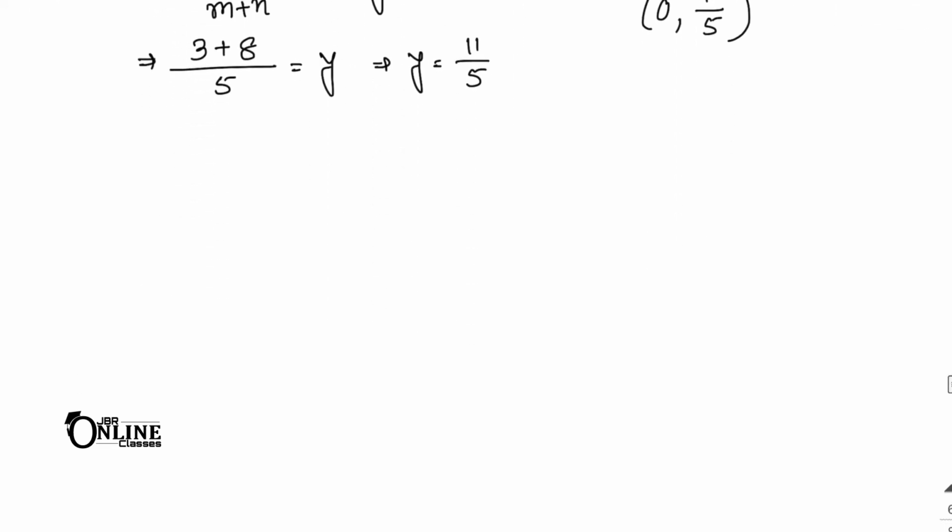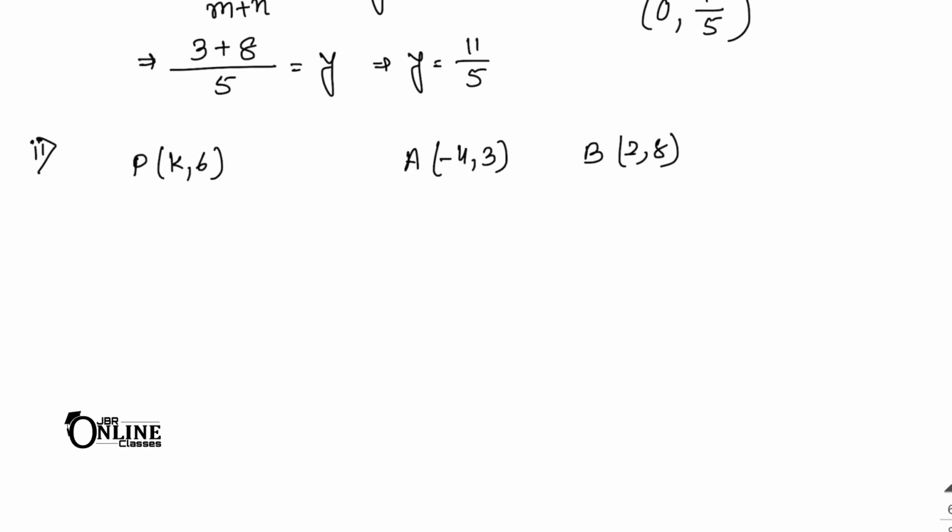Now sum number 12(2). In sum number 12, to find the ratio in which the point P, k, 6 divides the segment joining the points. First one here A, that is minus 4, 3, and second one here B, that is 2 comma 8. Okay, and also find the value of k. I hope you can solve it.